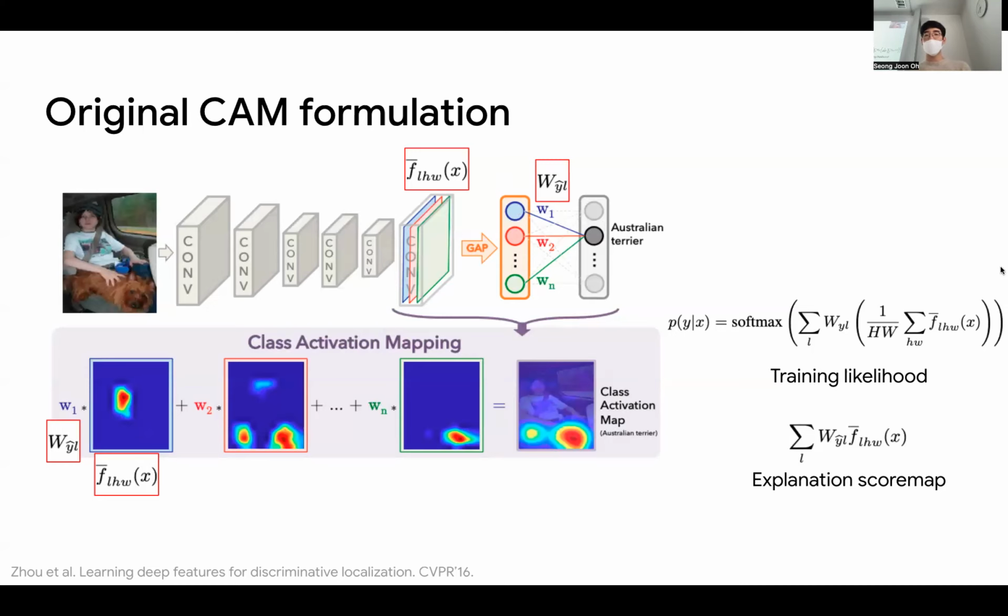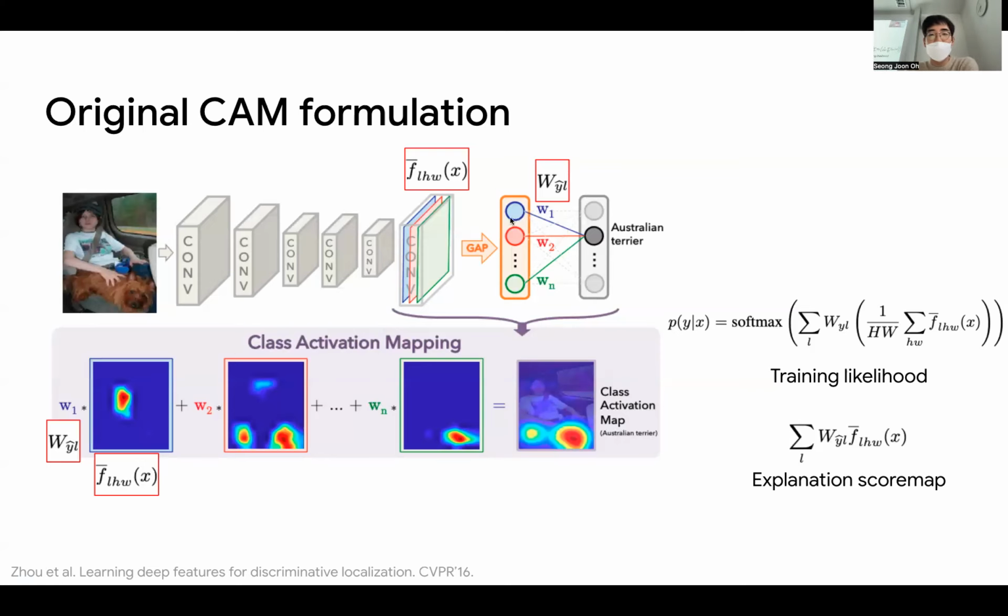And you get the final answer. And of course, you do softmax on top of that. And ideally, you also put negative log likelihood to train this whole model. So this is the training scheme. And then at test time, what you do is you take this intermediate feature map, F bar, again, and then